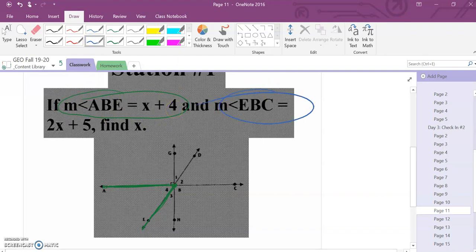And if I look, it looks like angle EBC goes from here to here when I'm highlighting in blue. So these actually do overlap. They share a ray, so they're definitely adjacent. Me personally, when I look at this, there's got to be some sort of a relationship between these two adjacent